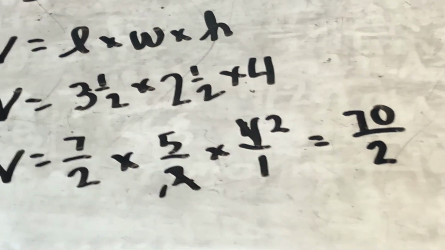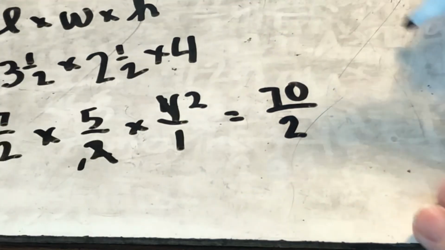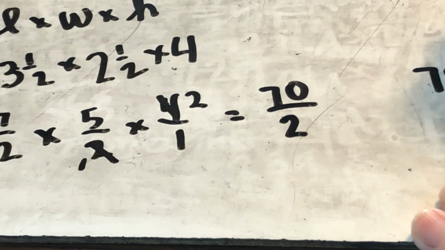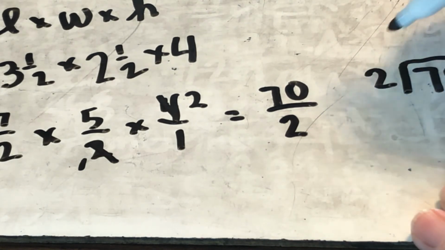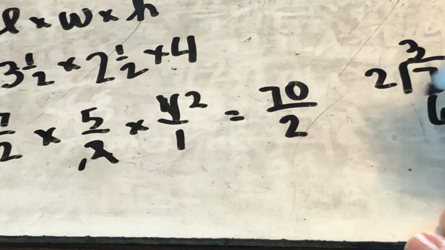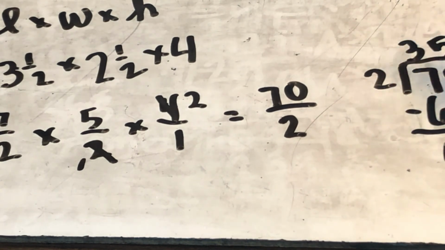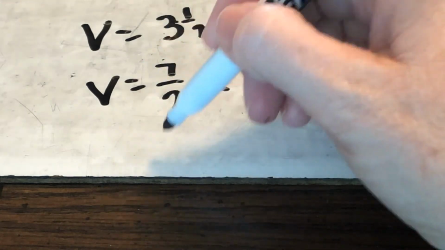Well, it's an improper fraction. I can't leave it that way. So I'm going to do inside, outside. I'm going to have 70 on the inside and 2 on the outside. 2 can go into 7 3 times. 3 times 2 is 6. I'm going to subtract, bring down. 2 can go into 10 5 times. 2 times 5 is 10. No remainder on this one. So I know V equals